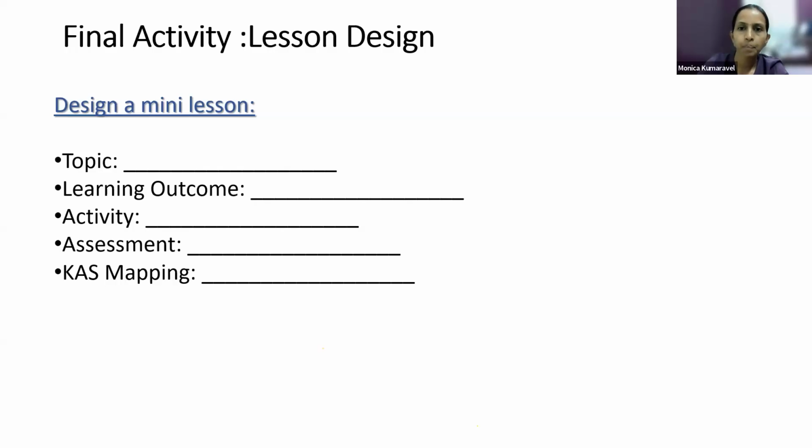Valencia ji also mentioned in the chat box. Topic tissue. So ma'am has given topic tissue, learning outcome: student will be able to define tissue, identify the different types of tissue, differentiate plant and animal tissues. Okay, that's good. And the activity is sorting flashcards of different tissues, matching each tissue with its function, role play.